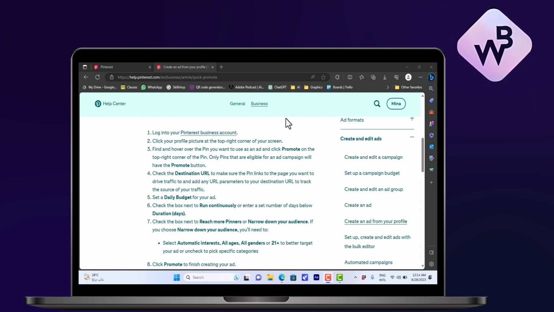then click on your profile picture at the top right corner to access your boards and your pins. And then you can choose the pin that you want and click on promote on the top right corner of the pin. That pin will be promoted and you can create an ad with this pin so you can promote